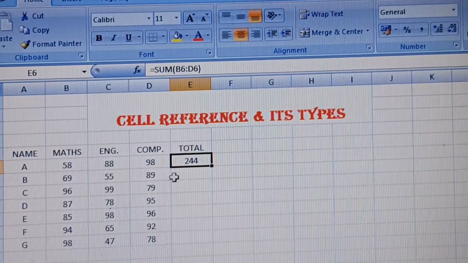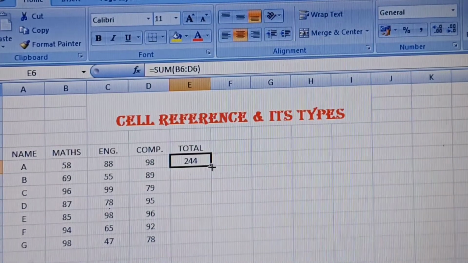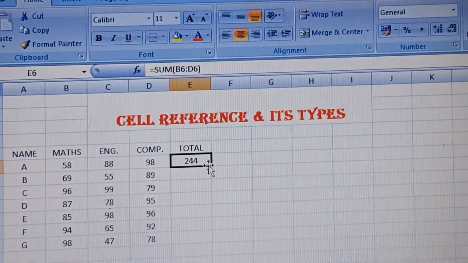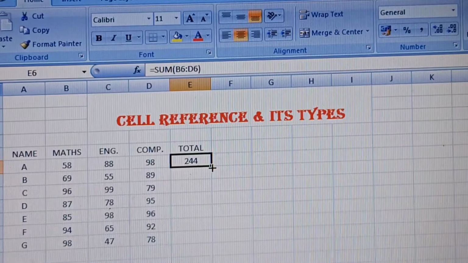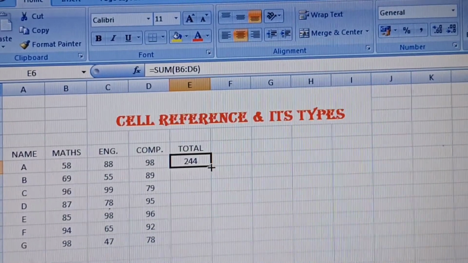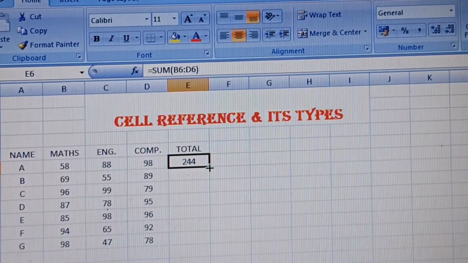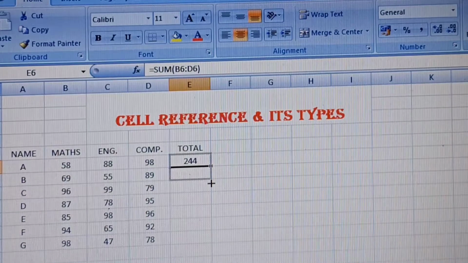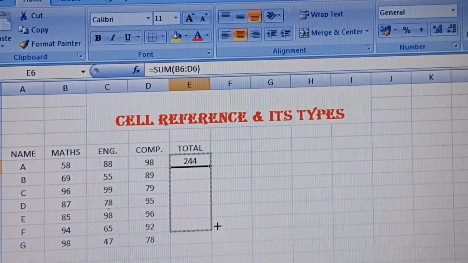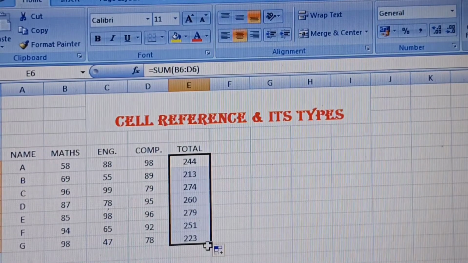Now we want to find the sum for all these students. So here what we have to do, we just move our pointer to this black box. So our cursor is now converted into a plus sign. After this we just simply drag it with the help of the mouse. Drag it to the last row, and you will find the formula.